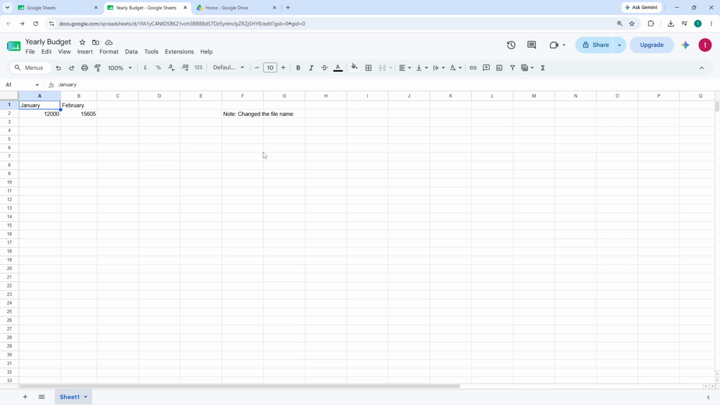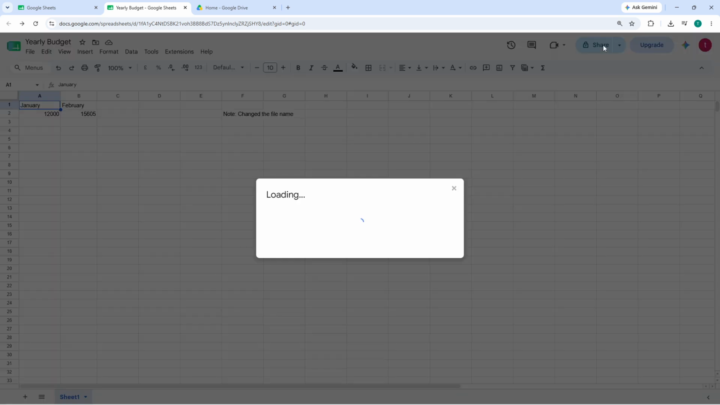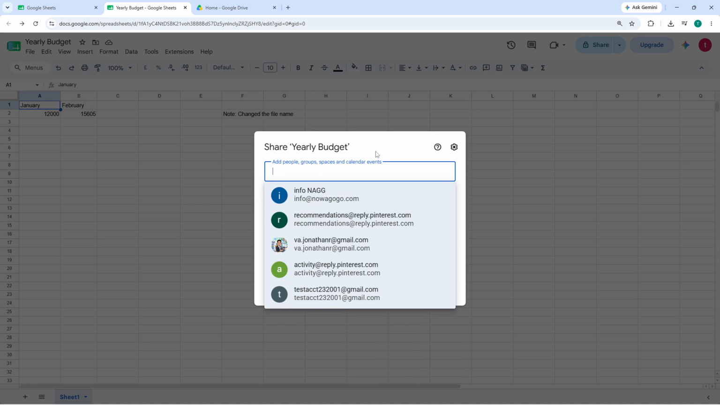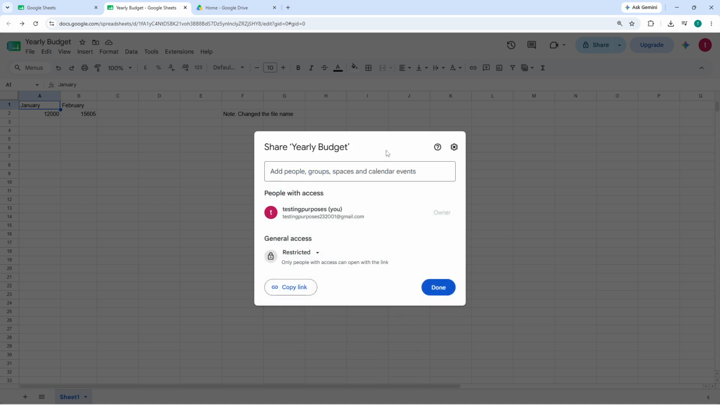When you click Share, a window appears with two main methods. For direct, controlled access, you type the email address of the person you want to share with. It must be the email they use for their Google account. As you type, Google will suggest contacts from your Gmail, which speeds things up, but you can paste any valid